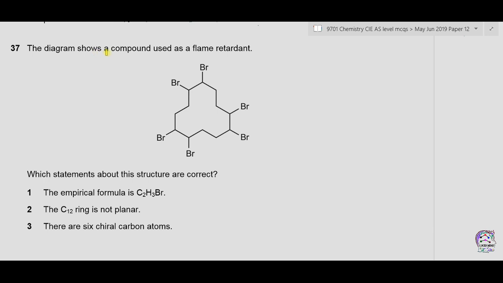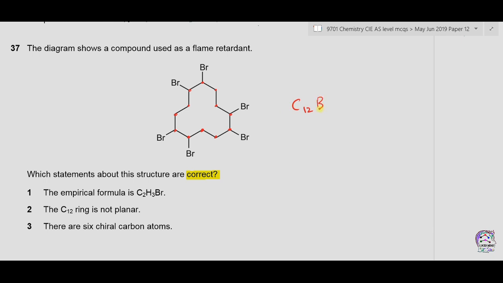Question number 37. The diagram shows a compound used as a flame retardant. This is a compound. Which statements about this structure are correct? 1. The empirical formula is C2H3Br. Let's find the empirical formula. Each corner represents a carbon atom. So we have 12 carbon atoms,